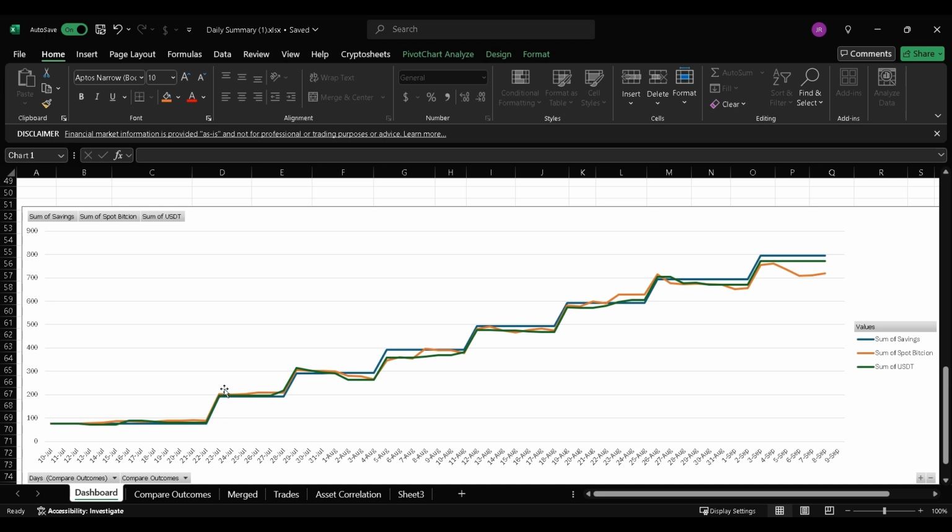So this orange line is dollar cost averaging Bitcoin, making the purchase at each time of adding the capital. And then you have the USDT. USDT is the actual value in USDT that I have from doing these leverage trades. You can see in here, if you look carefully, that I haven't really done any trades for a number of days now. Just waiting for things to